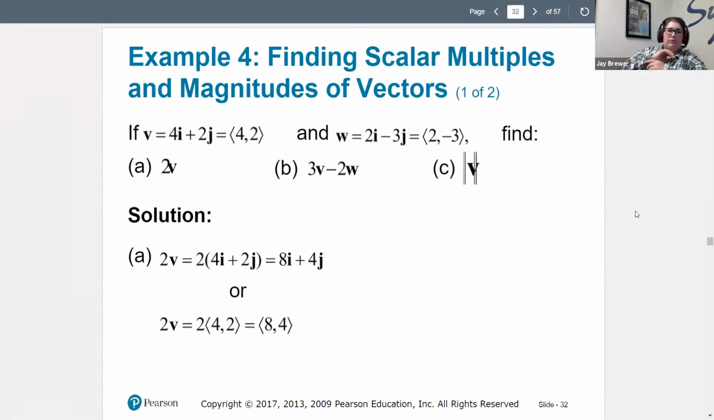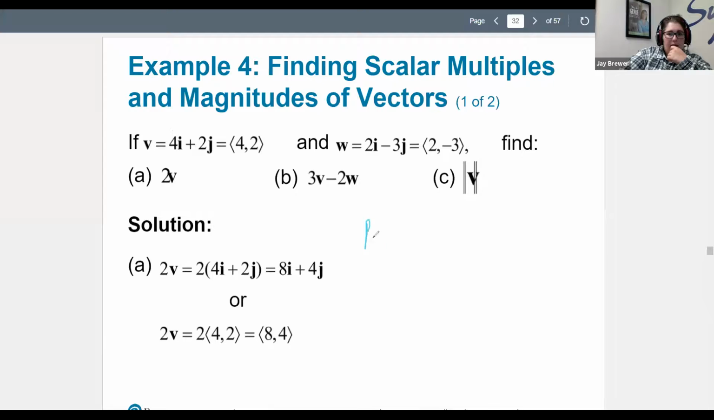Finding scalar multiples and magnitudes of vectors. Quite literally, you're just going to distribute the 2 to vector v. The vector they gave you for v is 4, 2, so it's just going to be twice that, 8, 4. All right. If we were to do b, which is 3v